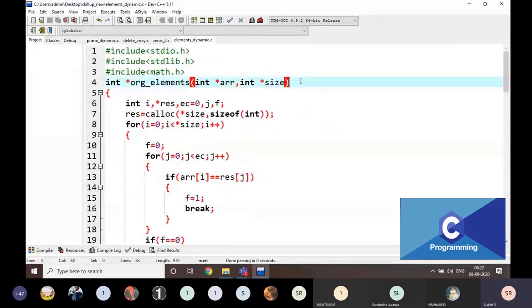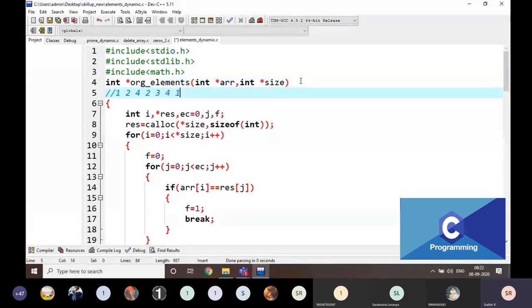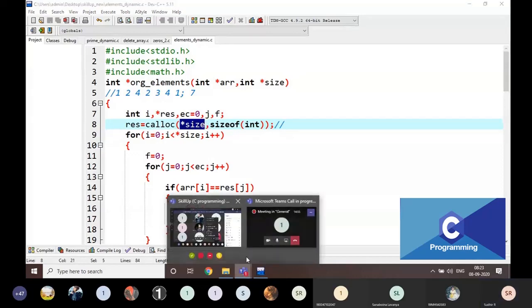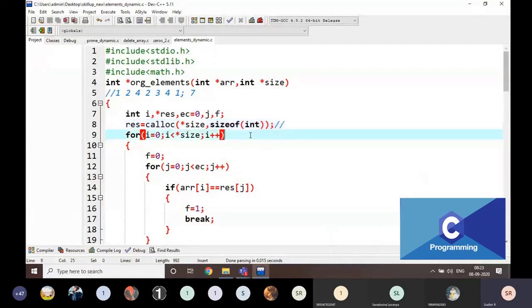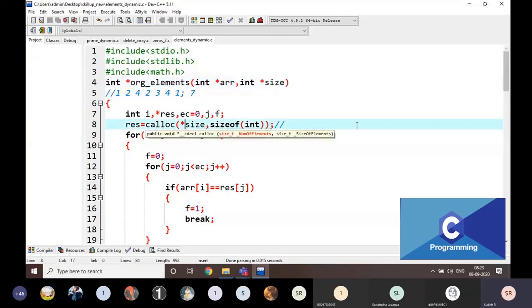What are the array values here? These are the array values, and the size is going to be 7. Okay. Just listen carefully everyone. Why am I writing star size instead of size here? Anyone? Students? We are passing values, sir. Here I am passing that star size is a value, size is an address. Okay? That's why I am modifying this one as star size. Is it clear everyone?